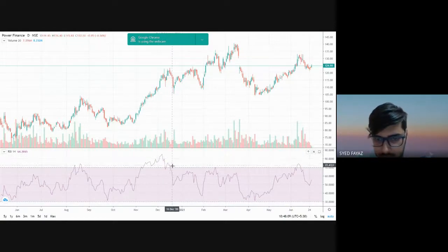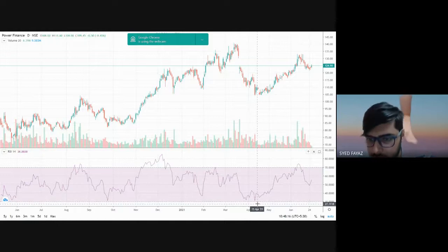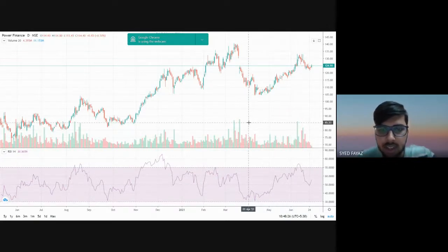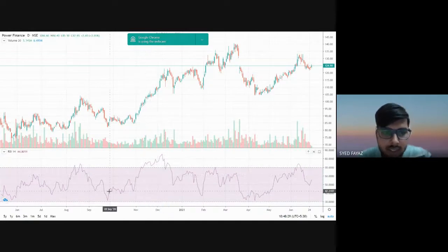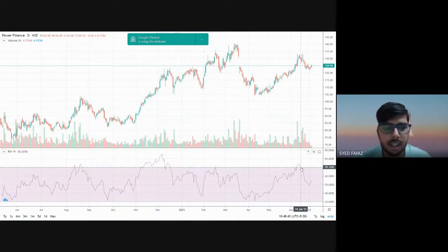After it entered 84, it came back into the bracket of 30 to 70, and slowly it came to the 30th level. If the trader had entered at the 30th level here and exited around 70, he would have made a good gain. So this is our first indicator, RSI. We can say that whenever the stock price comes down below the 30th level, a trader can purchase, and can exit the stock as soon as the price touches the 70th level. So this is about RSI.